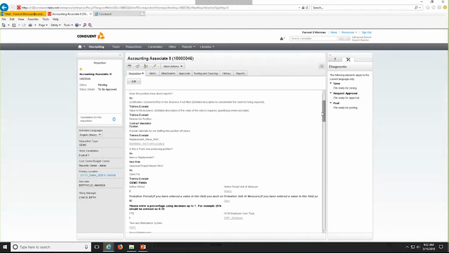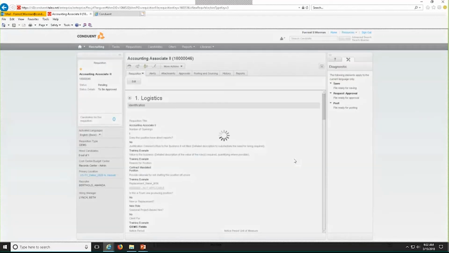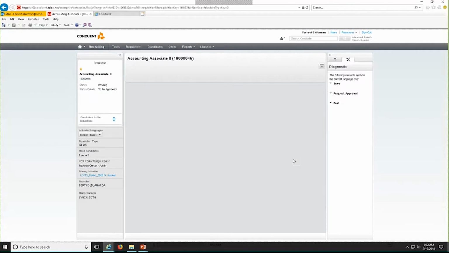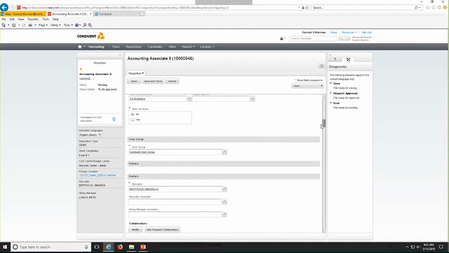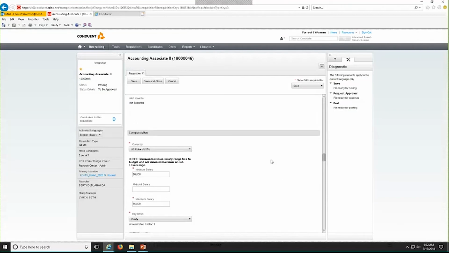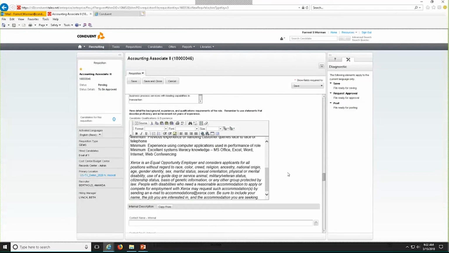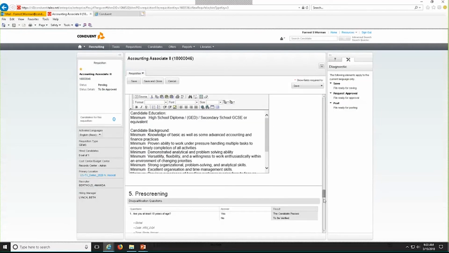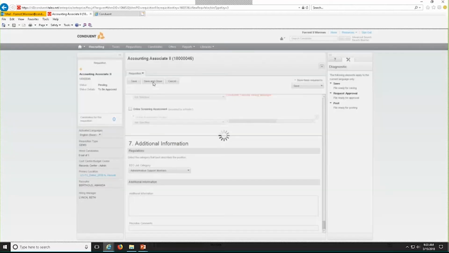Make sure that everything in here looks so, and it's easier for me to click and edit. I know if you open it up for editing, you could accidentally make a change, but it's just easier for me to view this way. Again, you're going to go through this hopefully much more slowly than I am to make sure that everything in here, all the I's are dotted, the T's are crossed, everything is 100% complete. Be sure if you're an approving manager that you check Section 7, because you never know who's put information in there that might need your attention, so be sure you check the bottom there. Once you do,